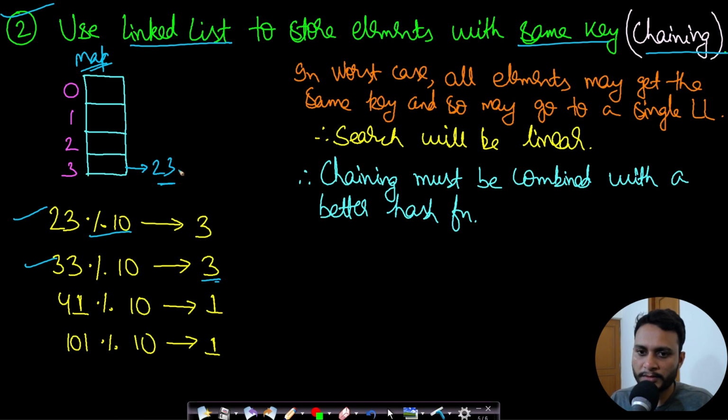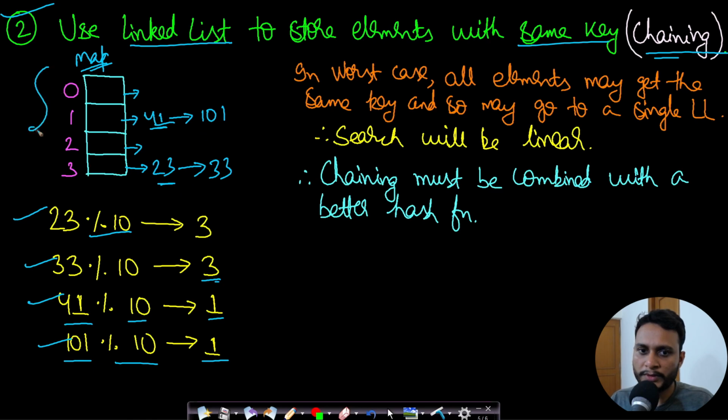So what we can do is, if we are using chaining, then we can insert this 33 at this same key, considering that there was no collision at all. We will pretend that there was no collision. We are maintaining a linked list at each and every key, so that whenever two keys collide, we will just store them in the form of a linked list, right? So in this way we can resolve the state of collision. Now let's say again we want to insert 41. 41 mod 10 is 1, so 41 will be inserted here, and again you want to insert 101. So in this case 101 mod 10 will be 1, so this one already has 41, so 101 can again be inserted here, right?